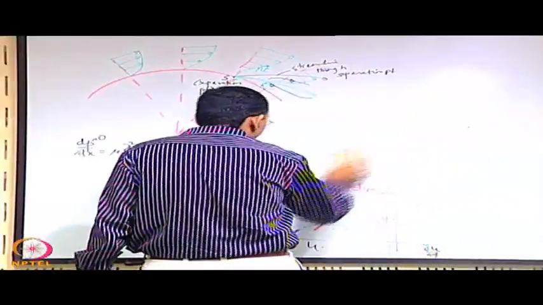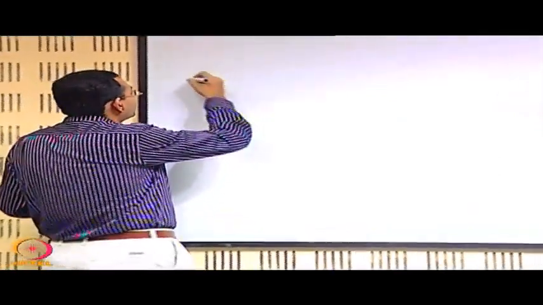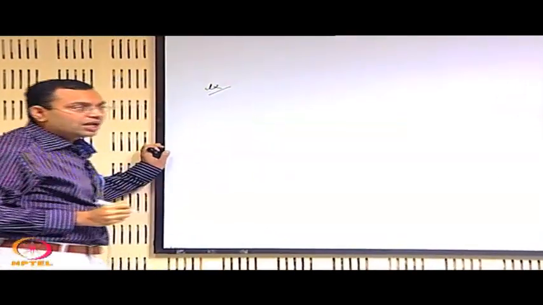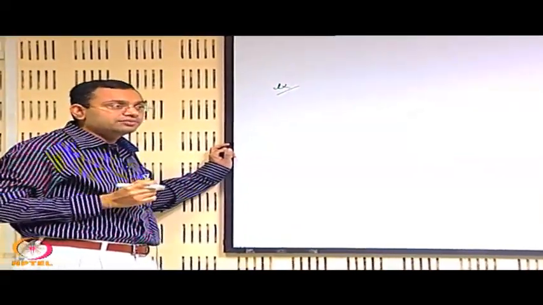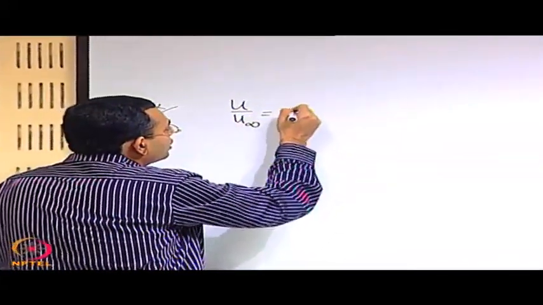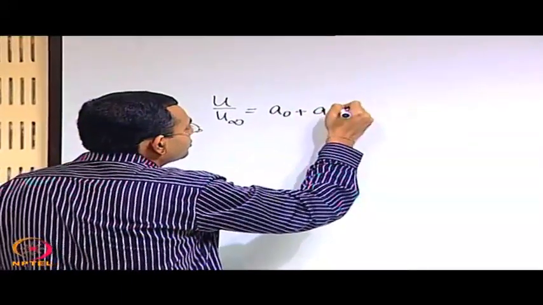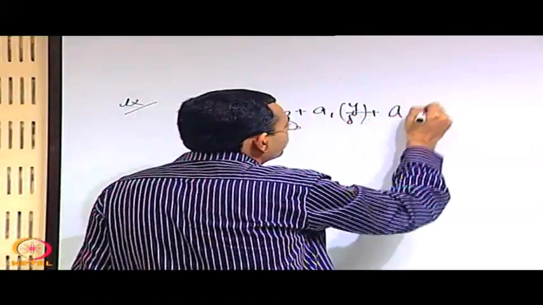Before moving on to the consequence of this separation, let us look into one example to see how the velocity profile gets affected because of it. Let us say that we want to have an estimation of the velocity profile at the point of separation, and let us say that it is given in this form: u by u infinity is equal to a0 plus a1 y by delta plus a2